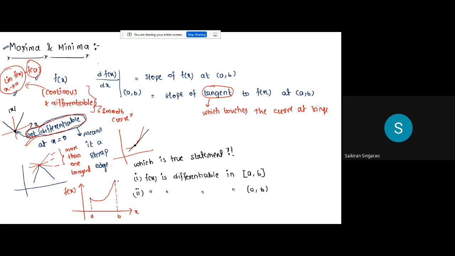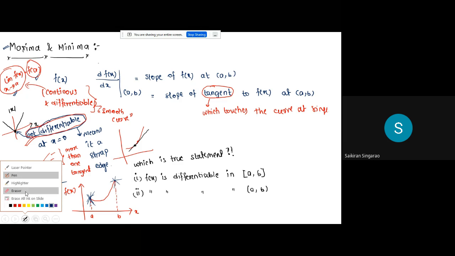You take a wire. Assume that this is a wire. At the end of the wire, it will be sharp, right? Or just imagine at this point and at this point, will you be able to draw multiple tangents? Yes, sir, because it is a sharp point here. I just have to touch this point and I can draw multiple lines. So as soon as you can draw multiple lines at those points, that becomes a sharp point for me. So at A and B, it has a sharp edge.